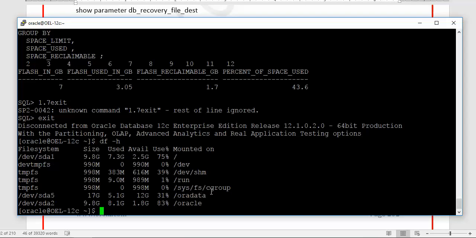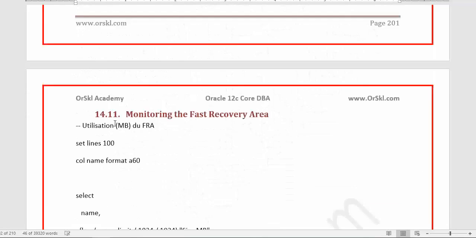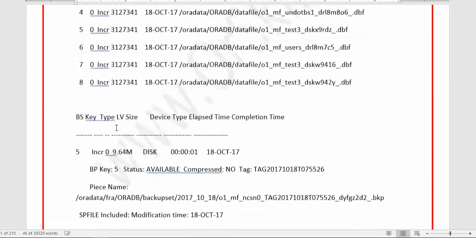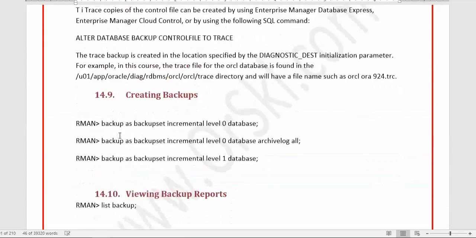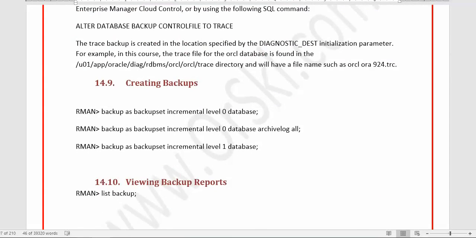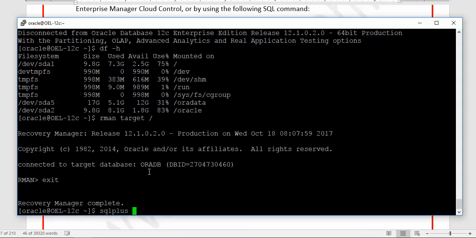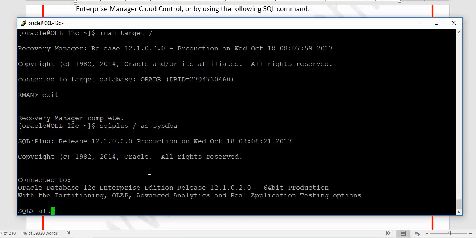Okay? And before we close, as I told you, in case you want to take a backup of the control file in human readable format, you can do that. I think you can take it from SQL Plus itself. Let me check. Yeah, it is from this one only, not through RMAN. You can connect to SQL Plus as sysdba, and you can say alter database backup controlfile